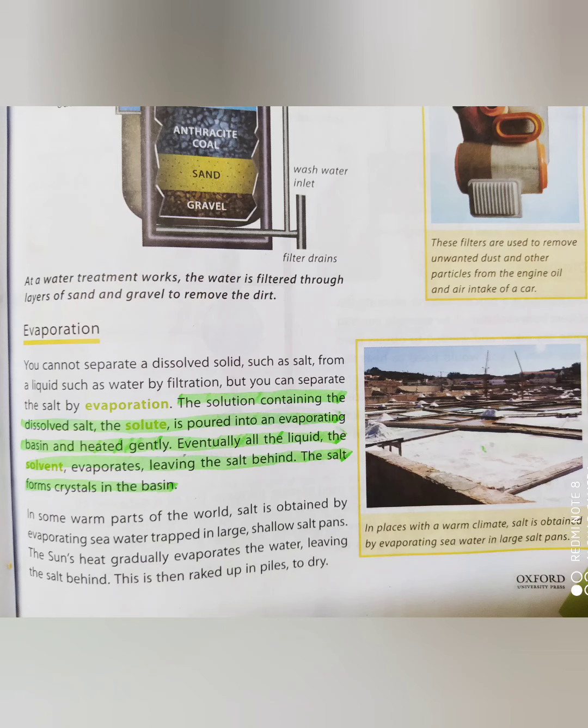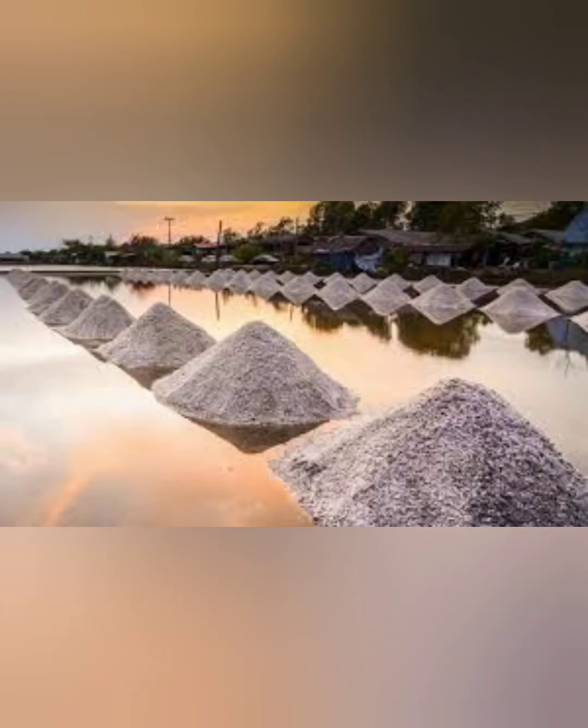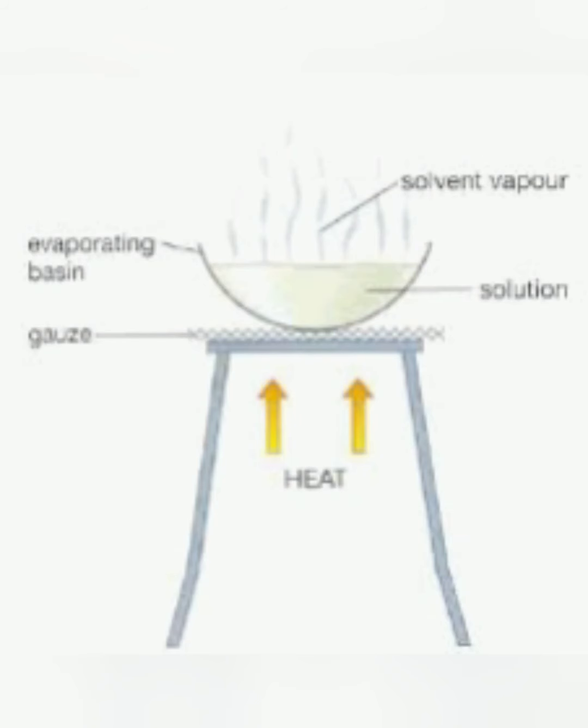The second technique is evaporation. In this, a homogeneous mixture is mostly used, where the solute is soluble in the solution. The solution is exposed to sunlight or heat so that the extra solvent like water can be evaporated and the soluble solute can be separated and left as salt or other thing, like we do in seawater. Here in the lab it is done like this.